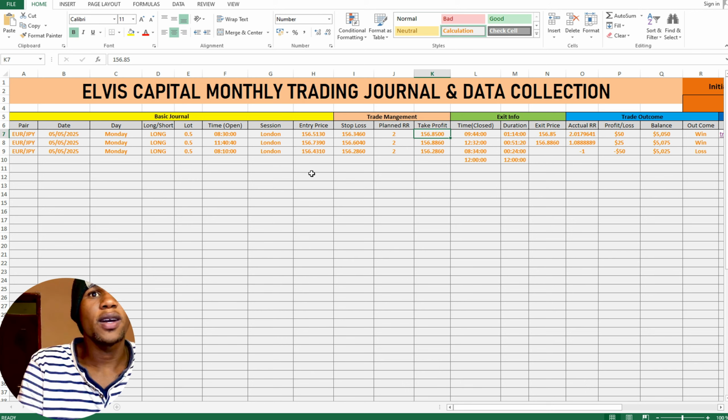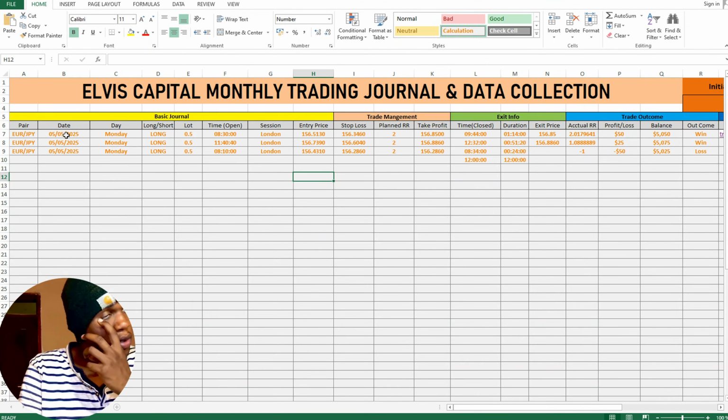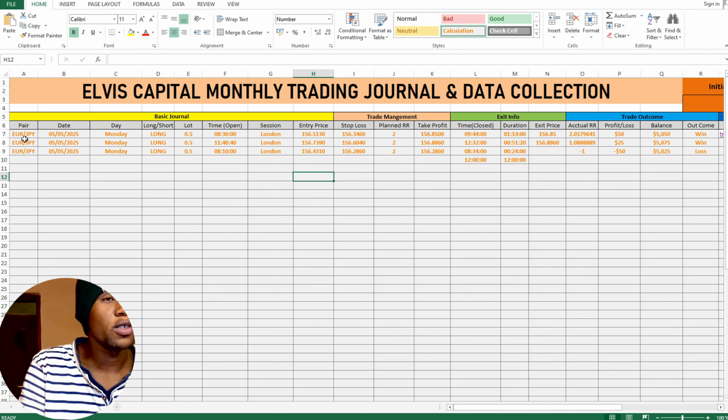So that's the thing. So guys, as you can see now, this is what I've been back testing. I've been back testing Euro JPY for the previous 3 days. Just that these are the trades that I took today that I've been journaling. So if you look over here, you can see that Euro JPY,